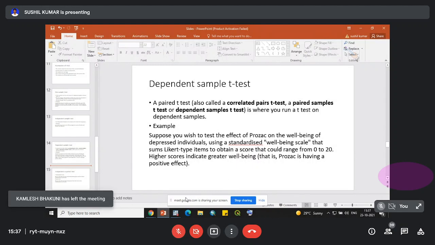one before and one after. You can take an example like this: in a classroom you conduct a test before the teaching and you conduct a test after teaching, and then you compare the scores to see whether the teaching has any effect on the score of students in a classroom. So in that scenario, we use a dependent sample t-test to check whether the factor that we have introduced, like teaching, has any effect on the score of students in the classroom or not.